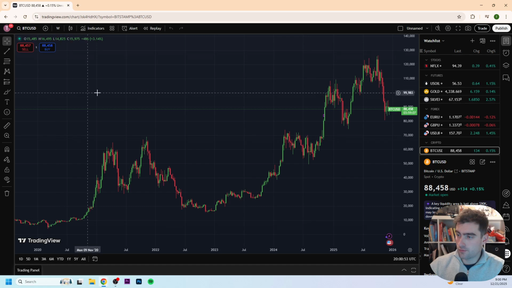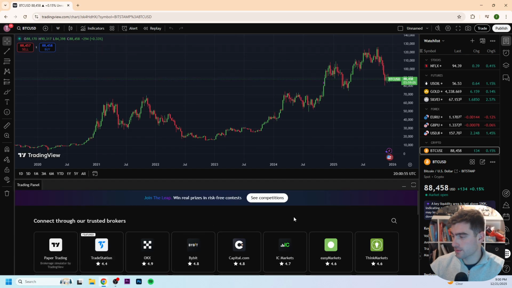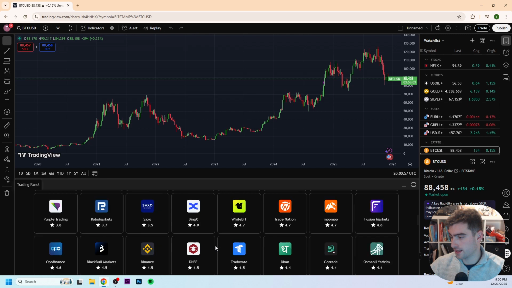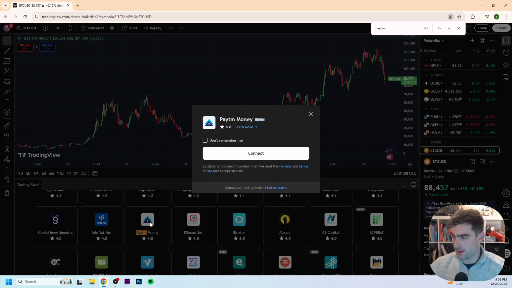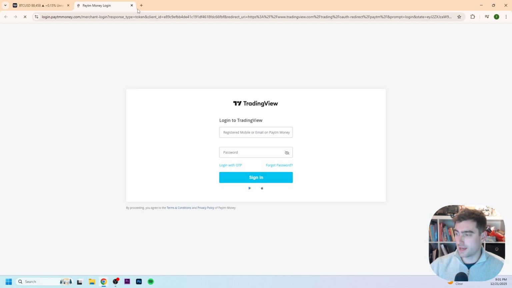So what we're gonna do from here is we go to Trading Panel, and then from here we scroll down and click on Show All Brokers. Then from now we do Ctrl F, and then right here we type in PAYTM, and then we have it already right here. So we click now here on PAYTM Money, then we click here on Connect, and then right